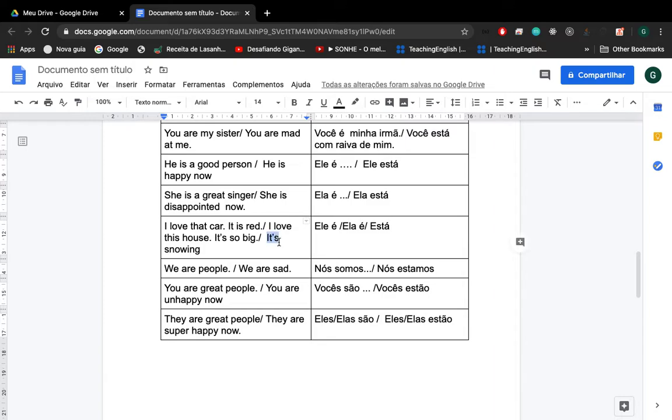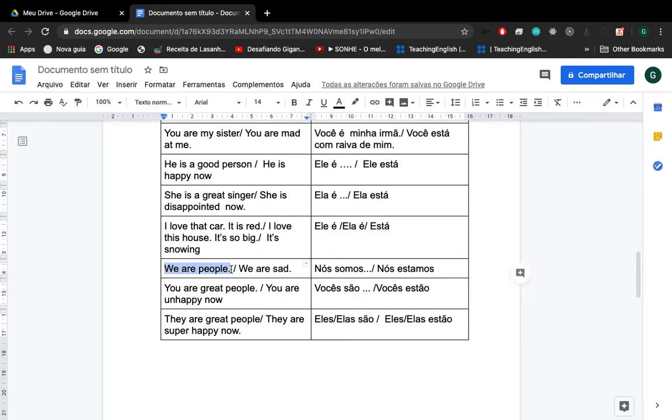Now, if I say it's snowing, okay, is it an unchangeable thing or is it a temporary condition? Well, it's not gonna be snowing forever, or else we would all die, right? Do you agree with me? It's snowing. It's a temporary condition. So if I'm gonna translate it's or it is here, I'm gonna be translating it as está. Okay, it's snowing. Está nevando because it's snowing now. It's a temporary condition. Okay.